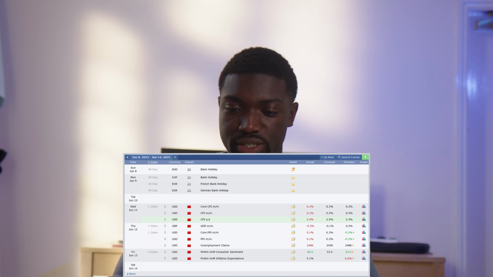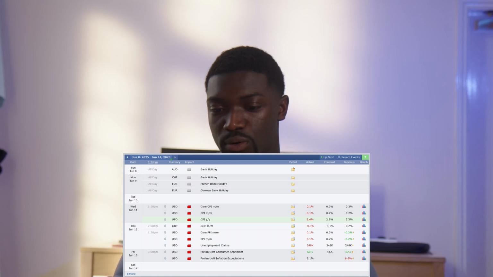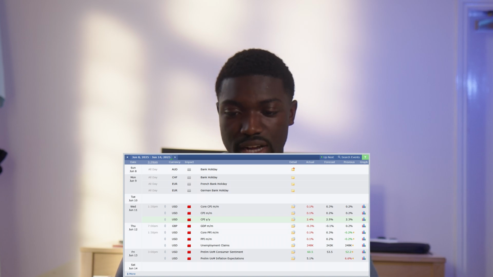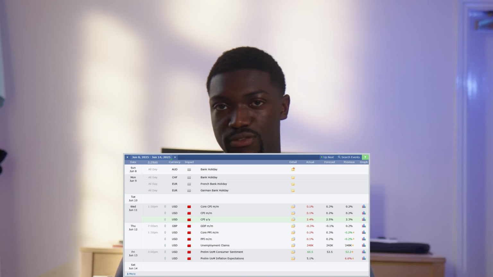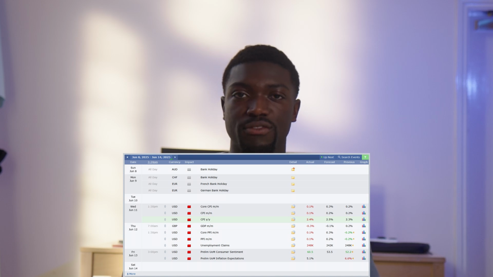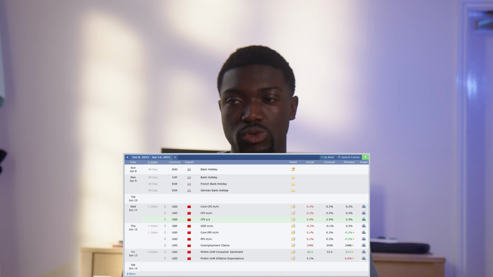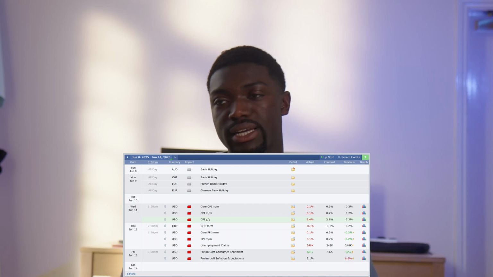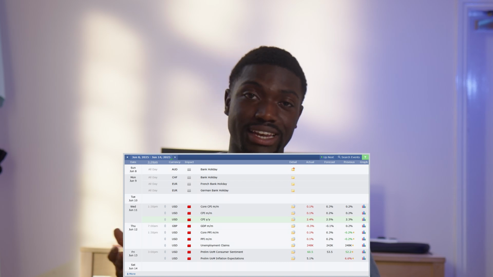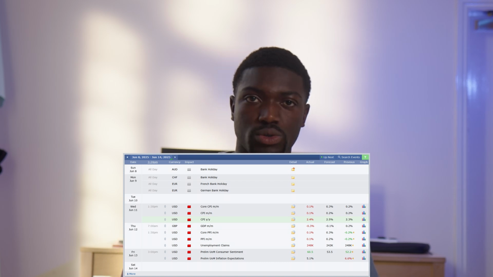So we can see the news came in and it did not beat the forecast. For example, CPI came in just a percentage under the forecast. The forecast was for 2.5%, however the actual came in at 2.4%. What that usually means is that when the actual fails to beat the forecast, that's a negative for the US dollar, which would really mean that prices would plummet for the US dollar index, whereas the Nasdaq, gold and